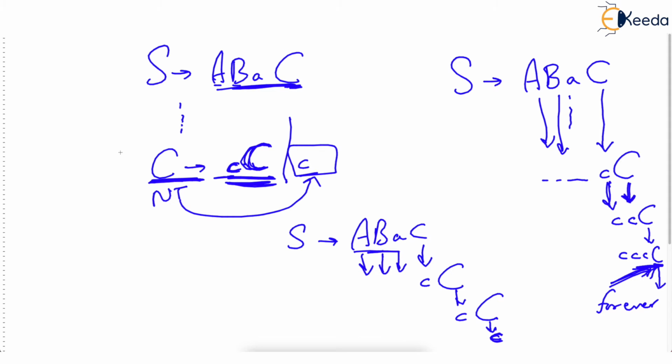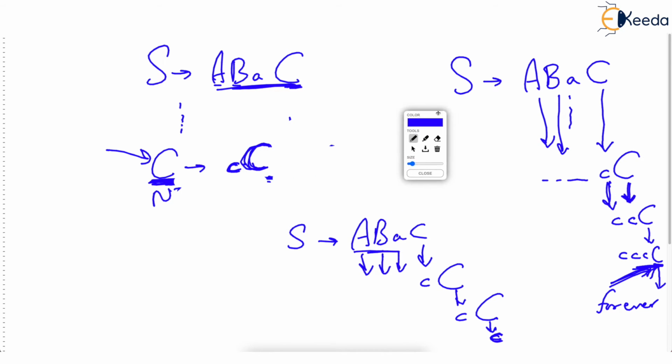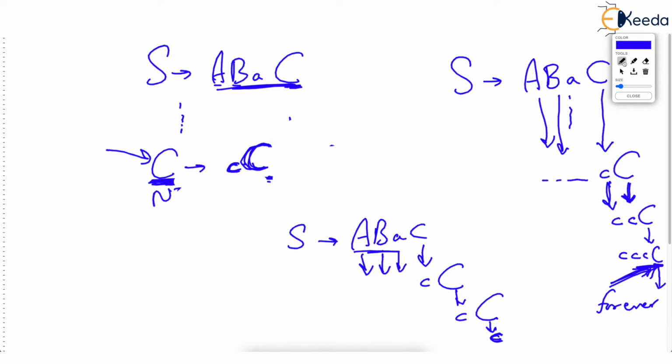So what it means is that using C in the derivation is not hazardous, is not dangerous now, because this is going to give us some terminal string to end with. Then C is useful. But if it happens that C does not give any terminal string, as you saw in this case, it repeatedly gives small c, capital C, again C gives small c, capital C, and this will never end. Then this particular non-terminal will be termed as useless. I hope you are understanding why C is useless.